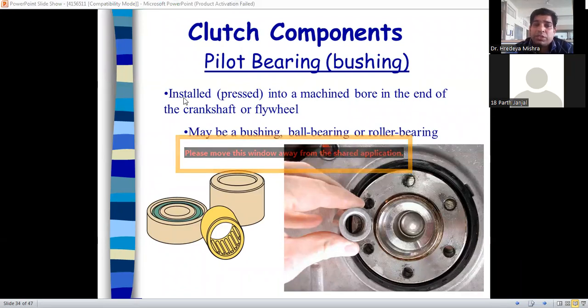Okay, into a machine bore, you can see at the end of the crank of a flywheel. Okay, maybe bushing, ball bearing, or roller bearing. So the bush may be ball bearing or roller bearing, whatever type of bearing is available. We can use both types of bearing, ball bearing as well as